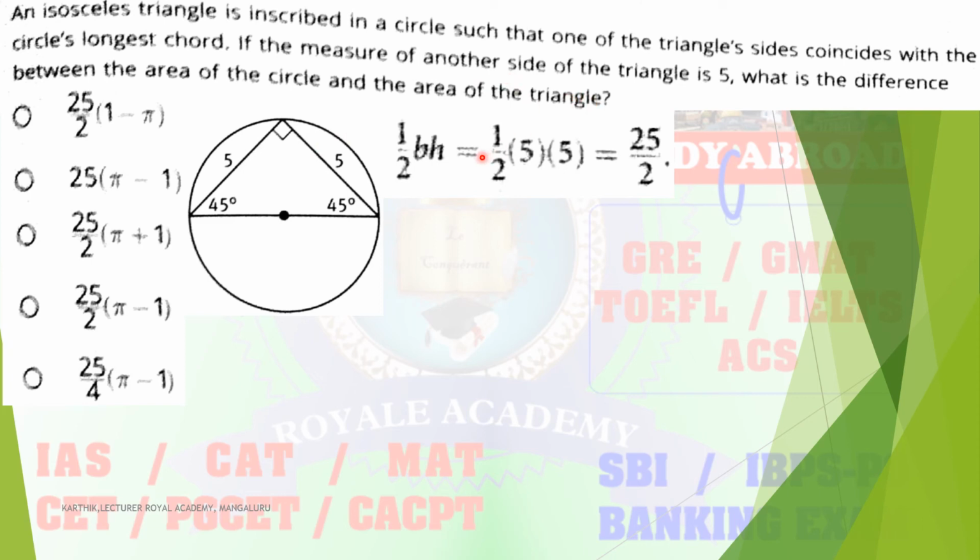So how do we determine the area of the triangle? Half base into height. So this is the base and this is the height. Why? Because the triangle looks like this. So you have to take it like this. Where the perpendicular lies, here they mention the perpendicular. This is the base and this is the height. Both they mention as 5 and 5, so half into base into height, so half into 5 into 5, that is nothing but 25 divided by 2, that is the triangle area.